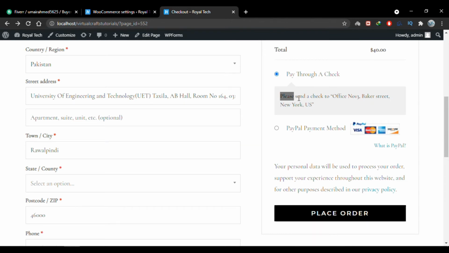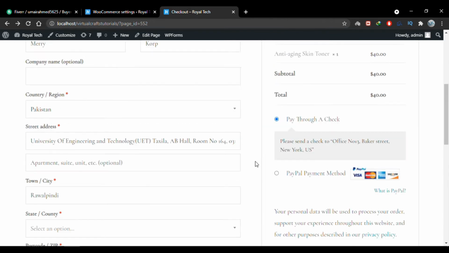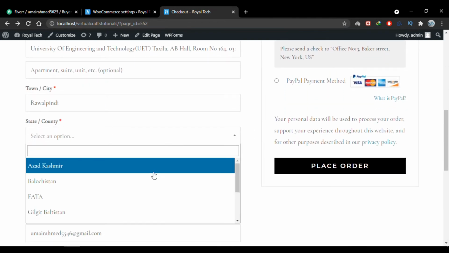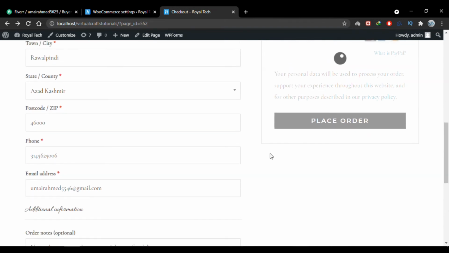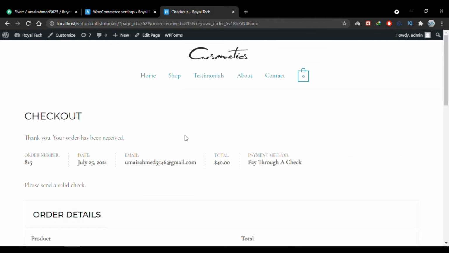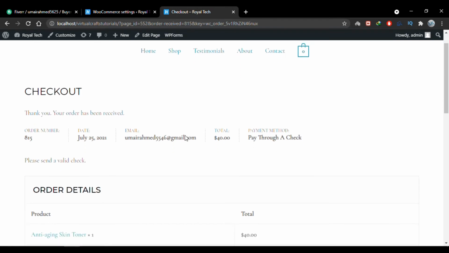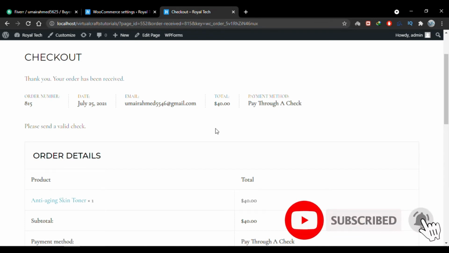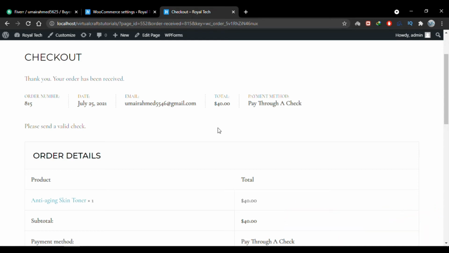And this is where your description will be. Now that's what I wrote. I'll quickly fill my details here again, and I'll place the order. And now you can see that the customer has successfully placed the order, but this order has not been approved yet. First, the customer will have to send the check to the address I specified, and when the site owner receives the check, he will change the order status from pending to completed, and then the product will be shipped